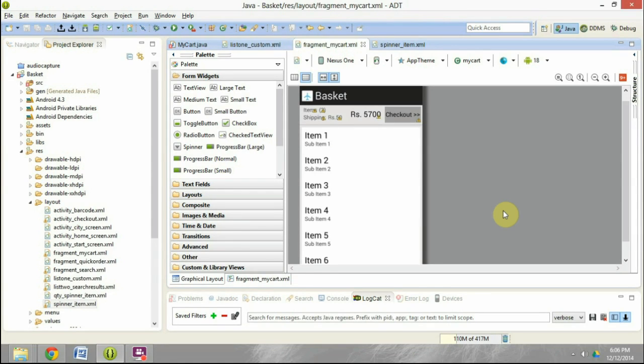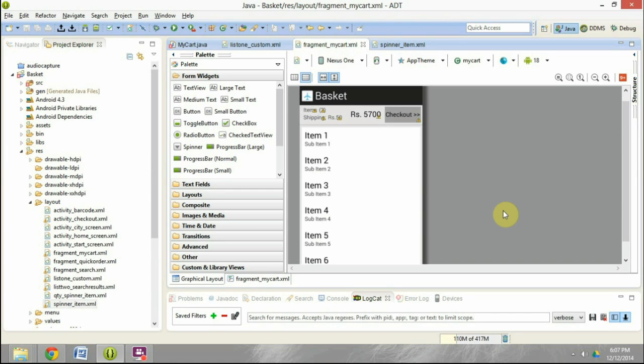Hello, today we are going to see how to design a shopping cart. Now, this session is in continuation to the series of sessions that we are having with respect to building an e-commerce application. Now, we have seen how to create a search tab where we have the option for the user to search, and from that search page they can add items to cart.